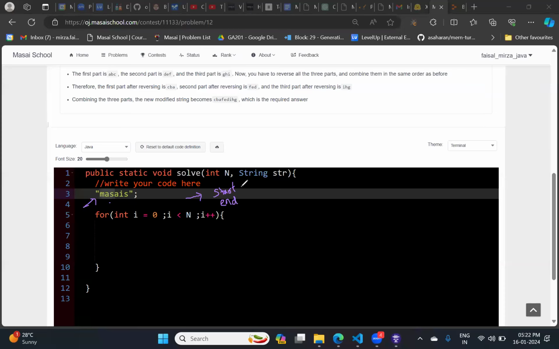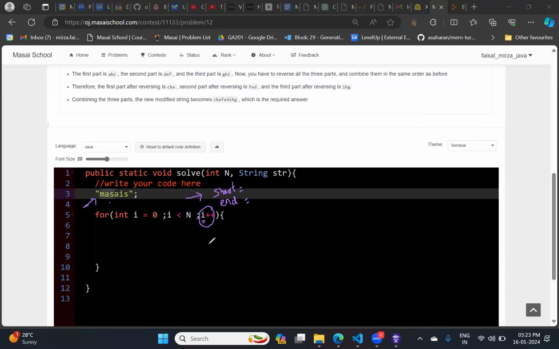Is there any way to control the start and end? Now, one more thing, you can also control this outer loop. Currently, if you see, it is i plus plus. Yes or no? You can also increment it by 2. You can also increment it by 3. Are you getting me what I want to say? See, this problem can be solved using multiple ways. I am not telling that only my way you have to use. If you are getting different logic, try it out, whatever you are getting.